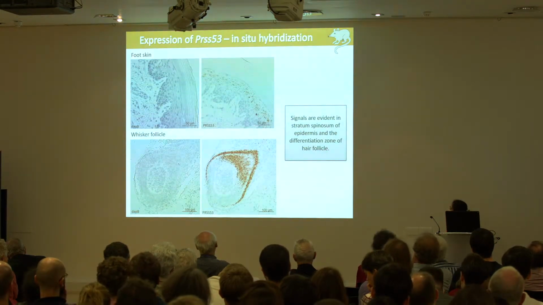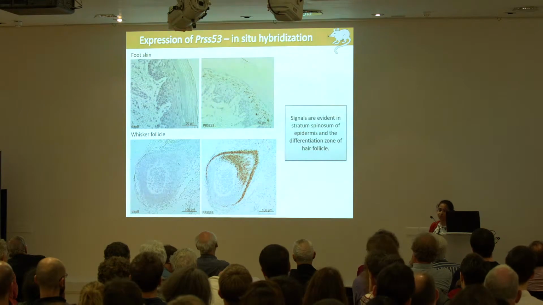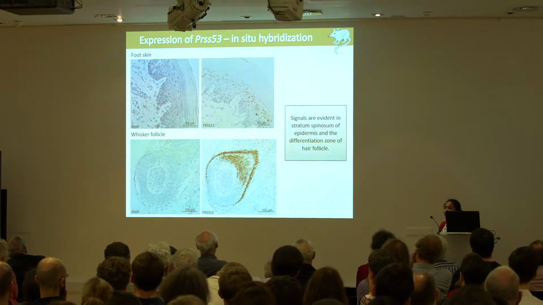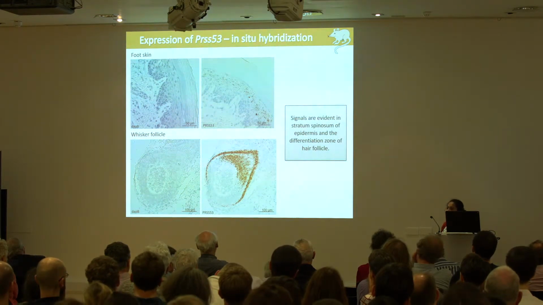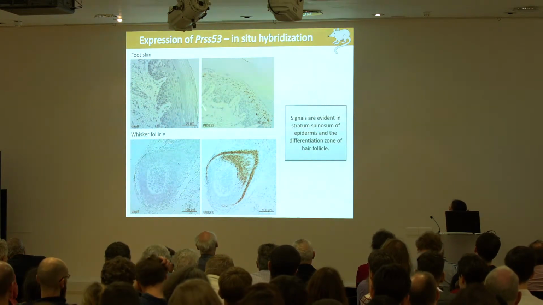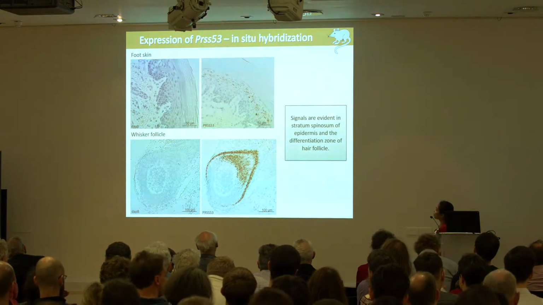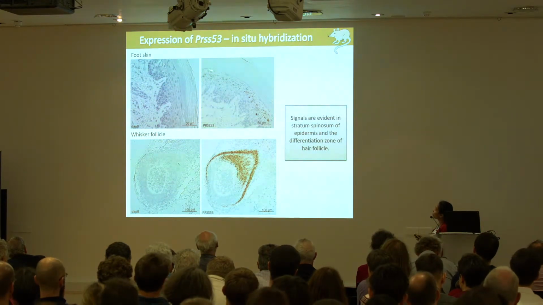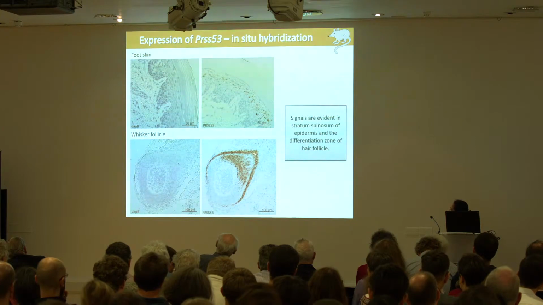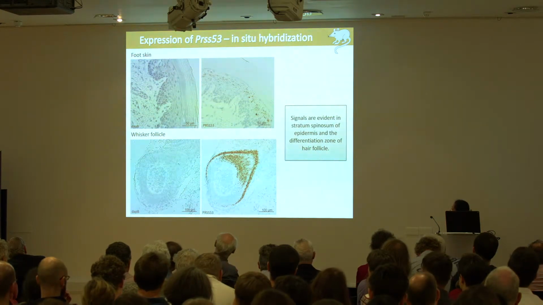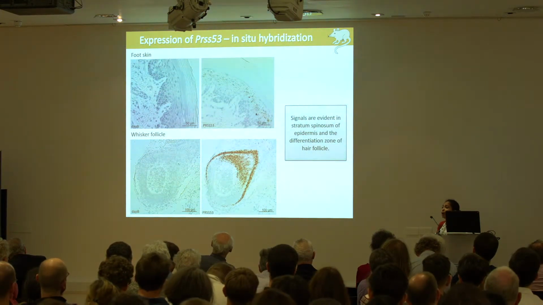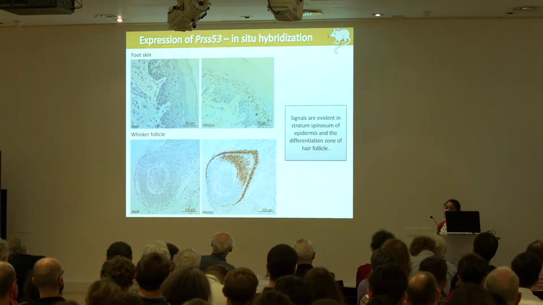Next, we were interested in the expression of the PRSS53 gene, and for this, we used in situ hybridization, with the modern method of RNAscope. We looked at very many tissues, but what we found here, on this side, you can find the negative control, which is the DAB-B, and here we can find very evident brown signals on the suprabasal layer of the epidermis. And in this case, this is the dermal papilla, and we can find very significant signals in the differentiation zone of the hair follicle, which is congruent with our study, which we found in the hair and the skin phenotype.